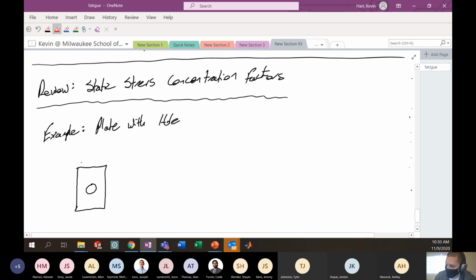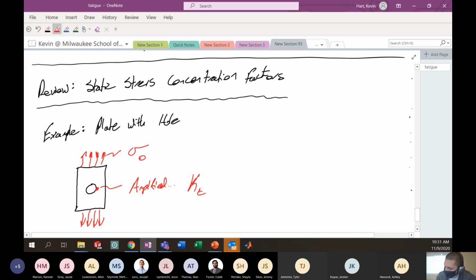Let's say that you're loading this particular plate with some far field stress. Let's call it sigma 0. The stress around the hole gets amplified by some certain value. And we call that amplification factor the stress concentration factor, usually given